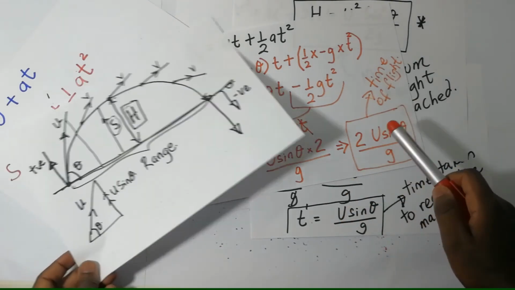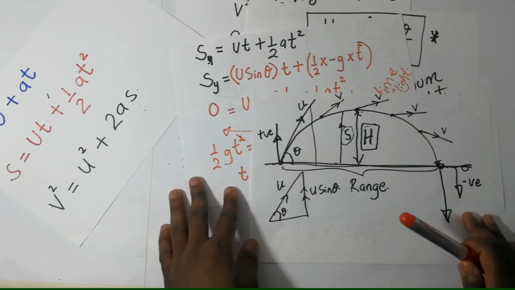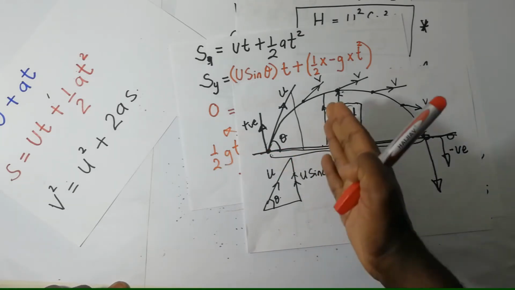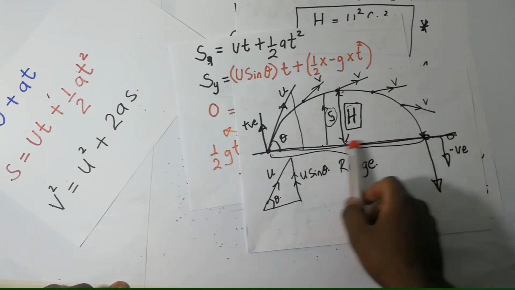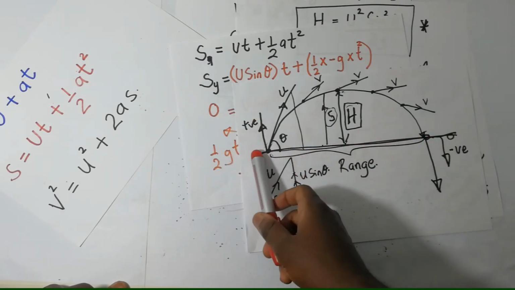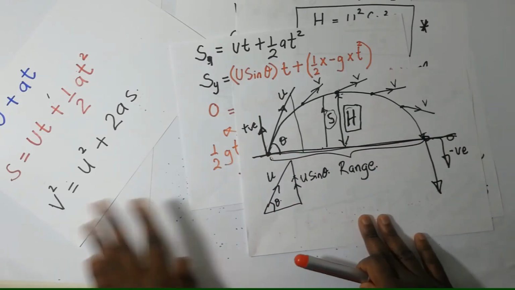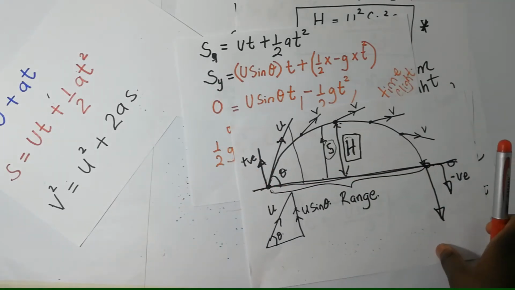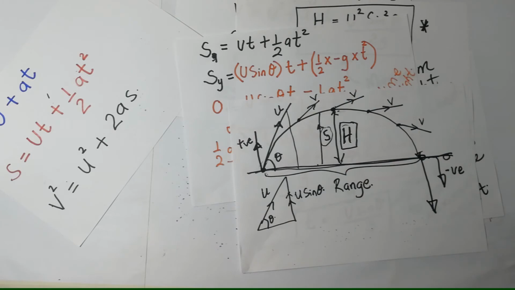We're able to get this expression by just utilizing that piece of information, that characteristic, that at the starting point the vertical displacement is always 0, and we're able to plug that in here, and we're able to get that expression for time of flight. Now,